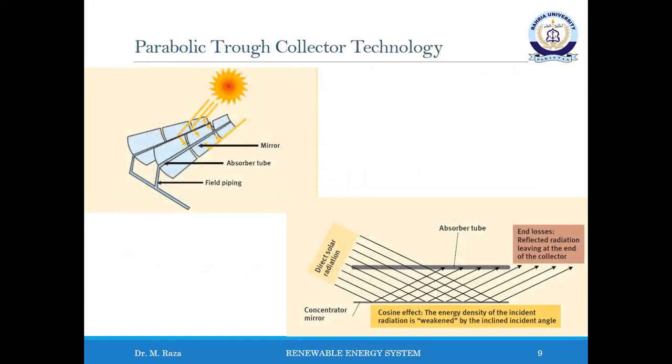Parabolic trough collectors are assembled from three main functional units: the concentrator, a mirrored trough with a parabolic shaped cross section, uses a tracking device to track the course of the sun so that the incident radiation is concentrated along the focal line on the absorber tube or receiver tube.